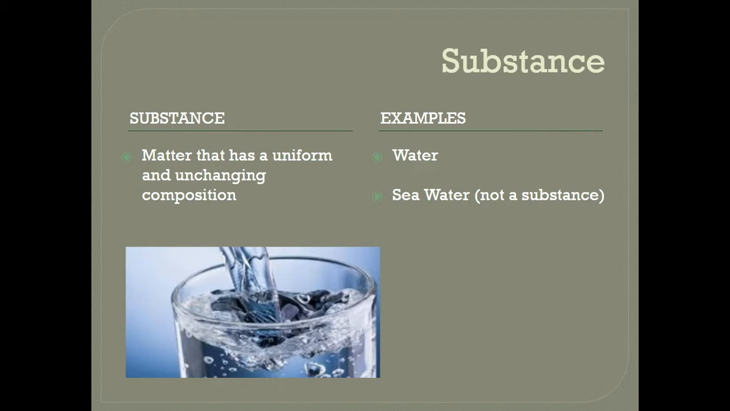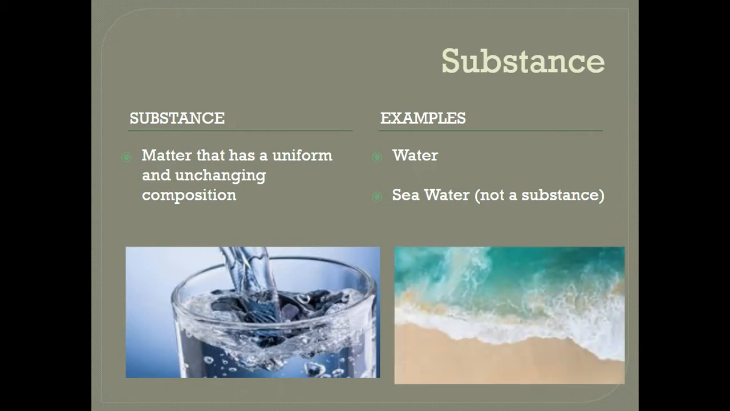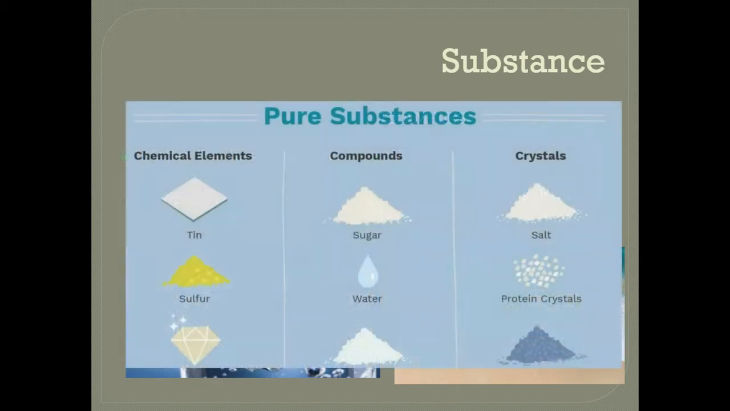An example that wouldn't be that would be seawater. When we start talking about seawater, it's got salt, it has sand, it has little particulates, or what we could consider floaties in it. And so it's not really the same. They're very different. But when we start looking at pure substances, these could be any single element, such as tin,